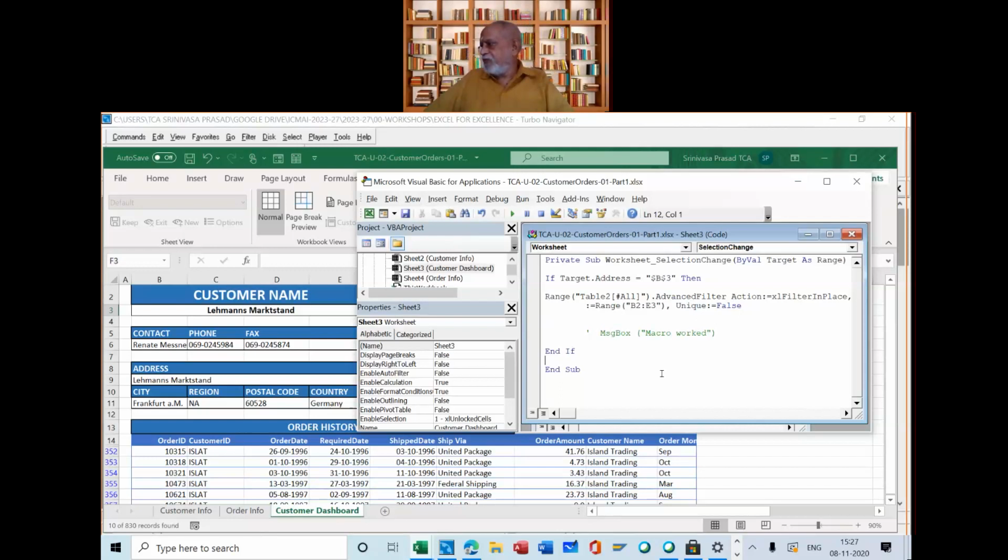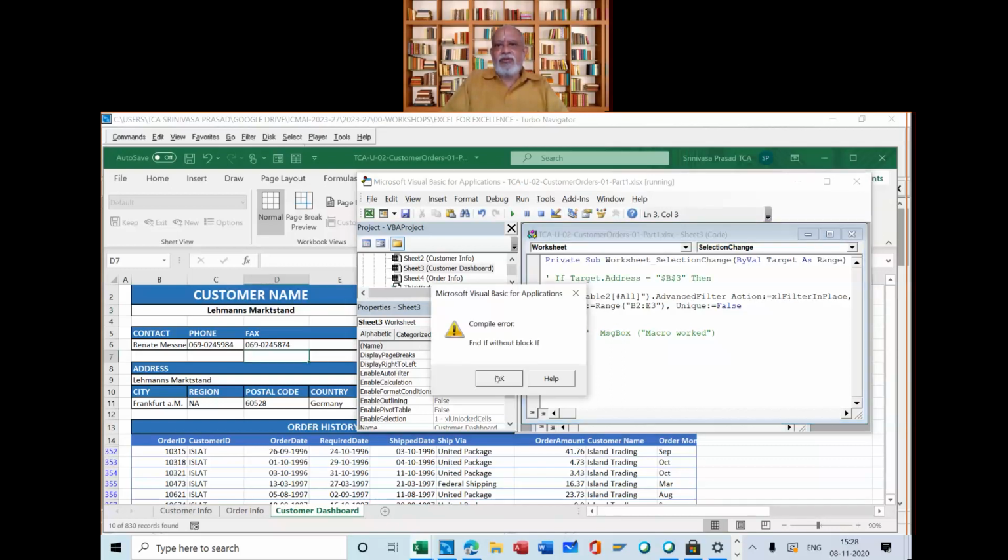If target dot address is $B$3, then we will have to do End If and End Sub. So the target address is, okay, fine. That is what I was testing: Range target dot address equal to, then Range equal to, mistakes.